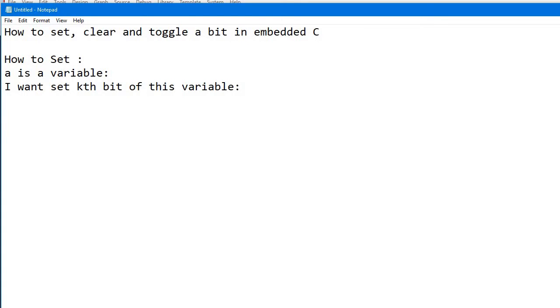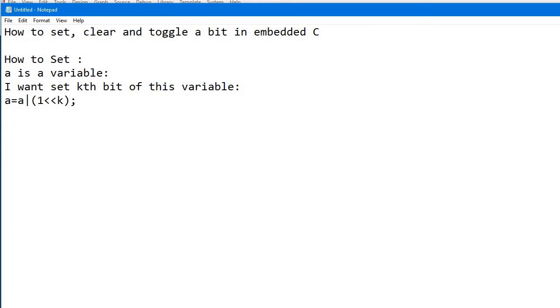So what will I write? I will write a equals a, pipe symbol, one left shift, and whichever bit you want to set, suppose the kth bit, you write k here. So your instruction will look like a equals a OR one left shift k.